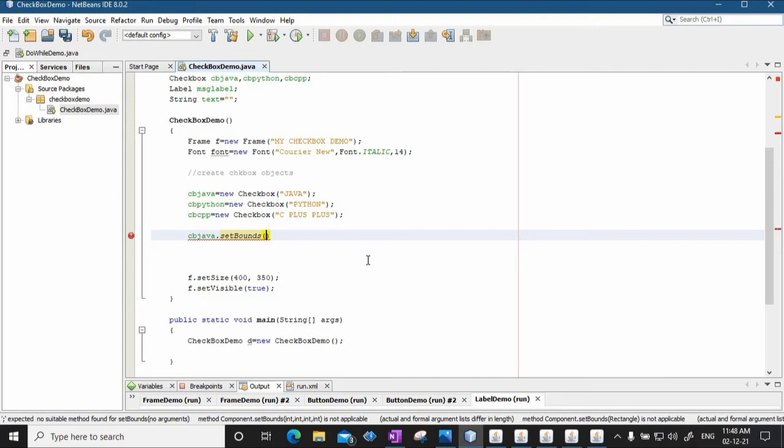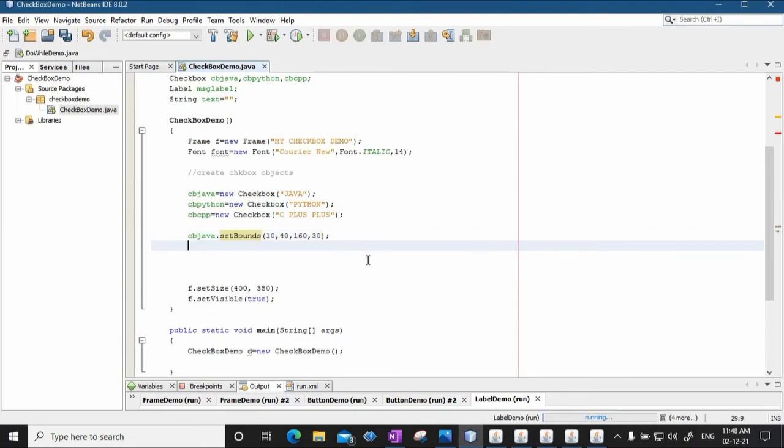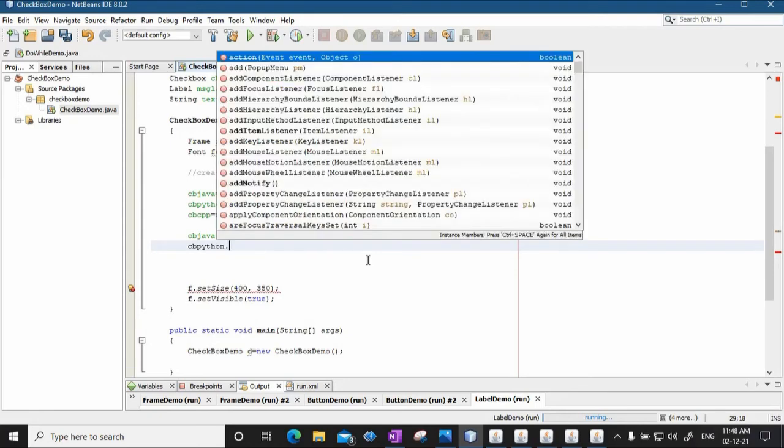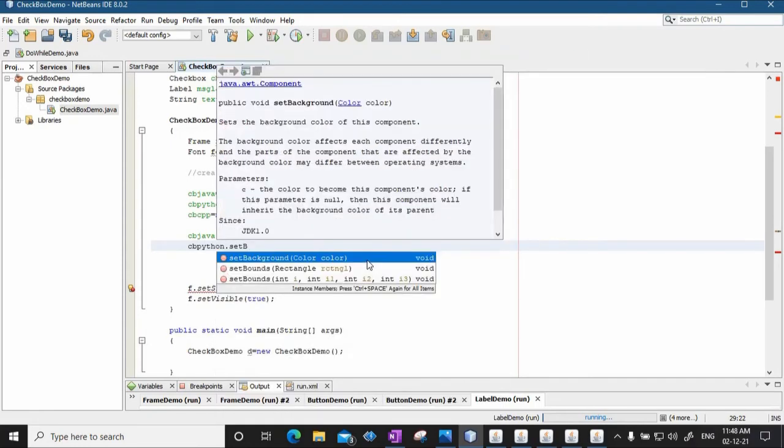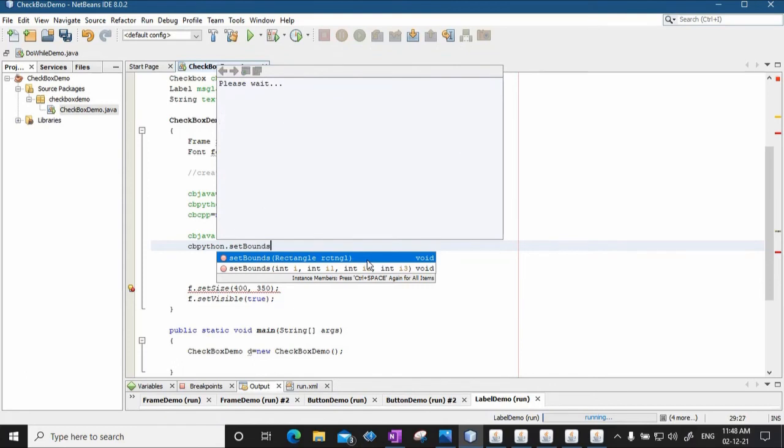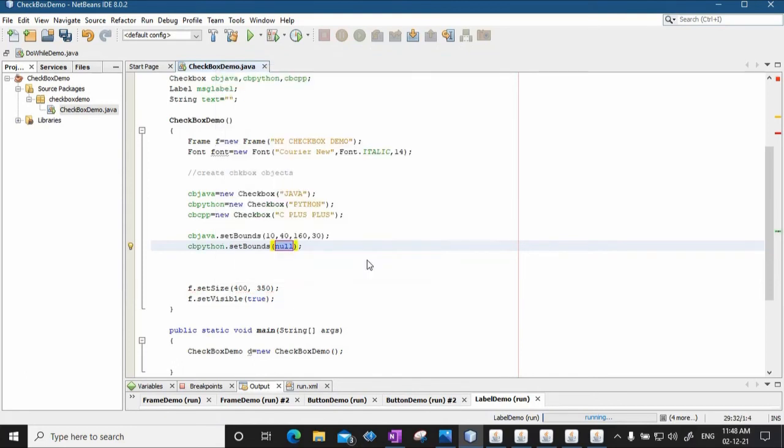I'll say 10, 40, 160 and 30. These are the four values. Then cbPython.setBounds, and I'll give the values as 10, 80, 160 and 30.